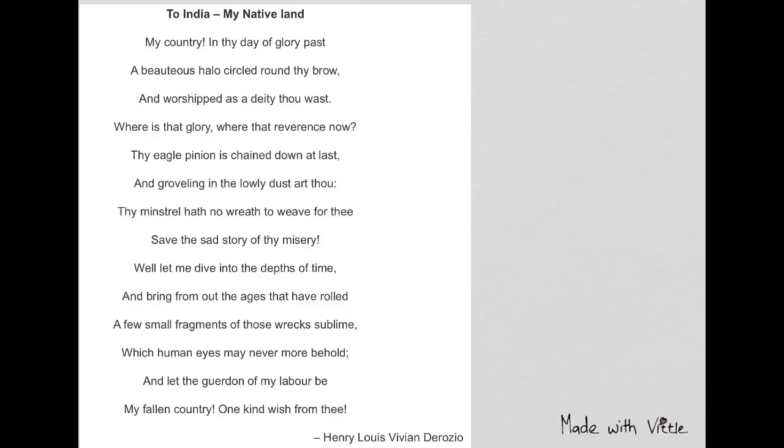Now we will try to find out the rhyme scheme of the poem. So past means we can assume it as A. Brow doesn't rhyme with past, so it will go for B. Vast rhymes with past, that means A. Now rhymes with brow, that means B. Last rhymes with past and vast, that means A again. And thou rhymes with now and brow, so B. Thee and misery do not rhyme with any of these, so it will be C, C.